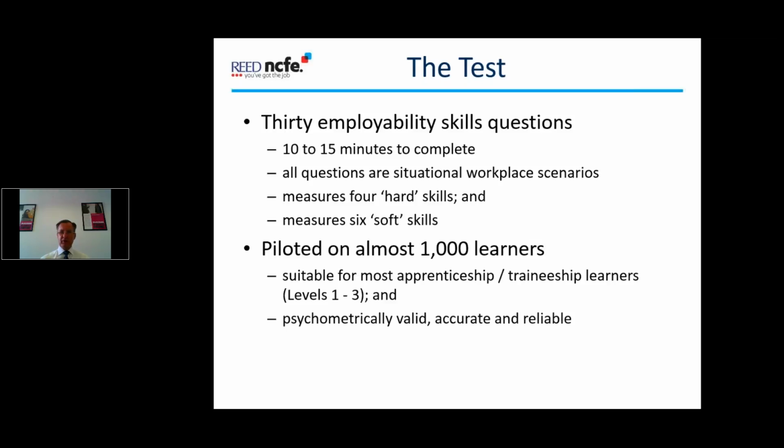In addition, the test measures soft skills, and as you know, as I know, as every employer tells you, they're more interested in a learner's soft skills than they are in their hard skills, sort of attitudes, behaviours, mindsets. So there's lots of different labels you can apply to soft skills. This test uses 6 labels, and I'll just tell you what they are, fairly self-explanatory. They are motivation, professionalism, resilience,